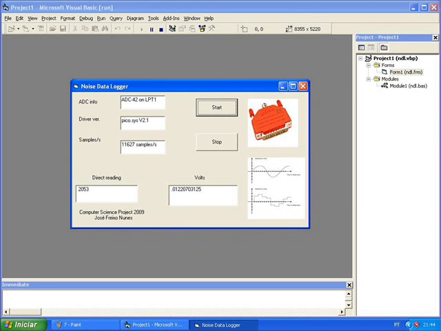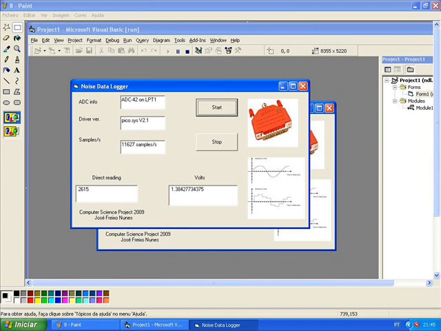The number 2053 is very near to 2048, and this means that it is 0 volts. We can see in the volts 0.01220. That is a small voltage. Here in this slide,